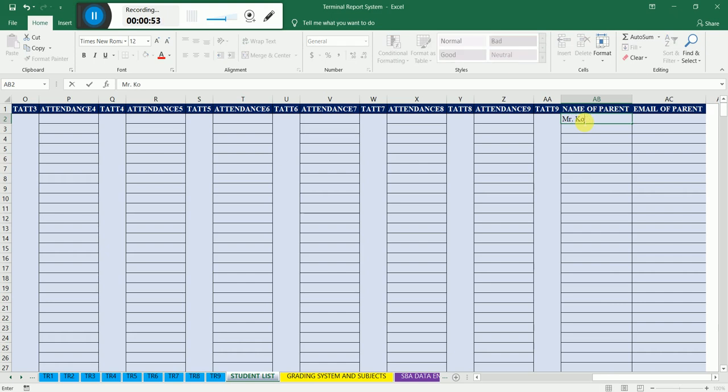Kojo Parko Odin, and the email address is, let's say I'll use fitsgh@gmail.com so that you see what I'm doing. Then we have another parent, Mr. Kofi Impua. So the email address for this parent is also